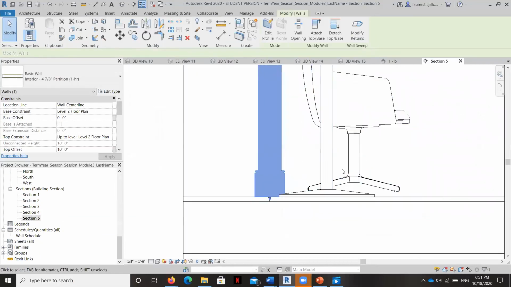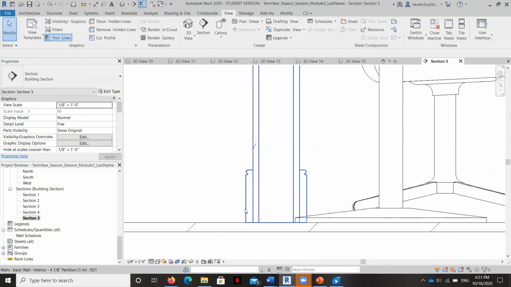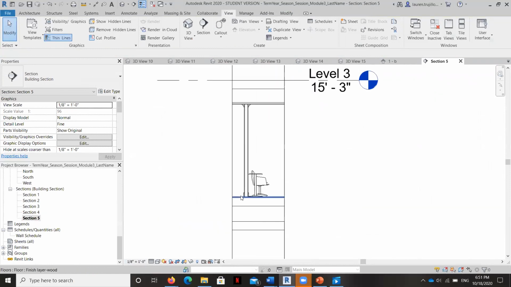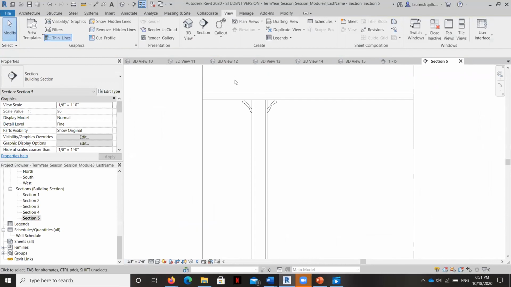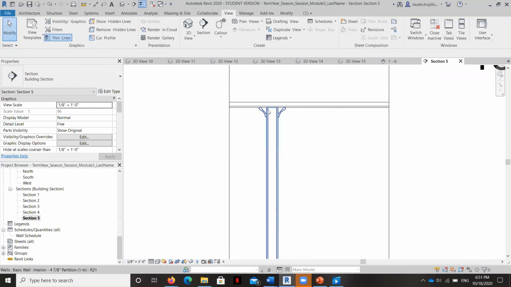And now that section will look good. Perfect. Now, if you want to see the detail of it, you can hit fine and you'll be able to actually see the profile of the baseboard coming up to the wall and attaching. And it looks just great. And in an elevation, it'll look really beautiful as well.